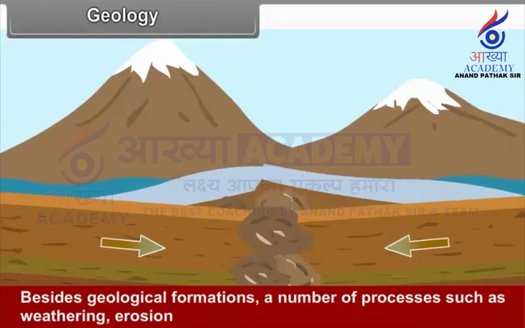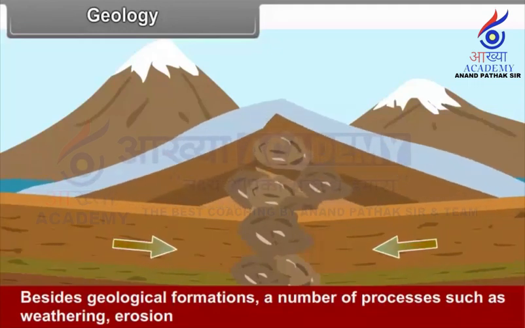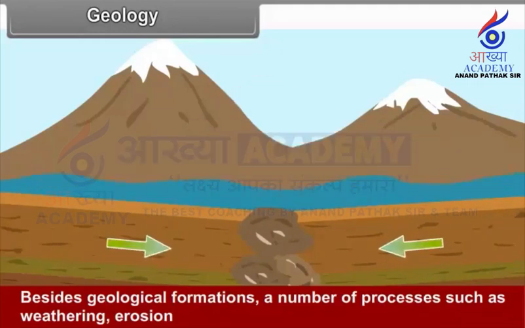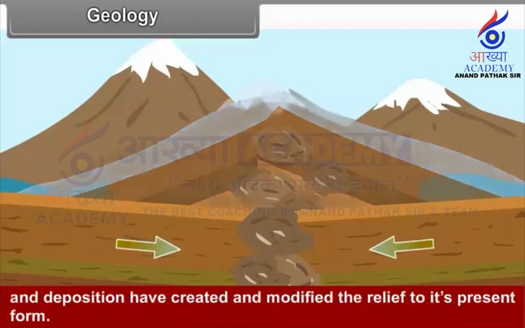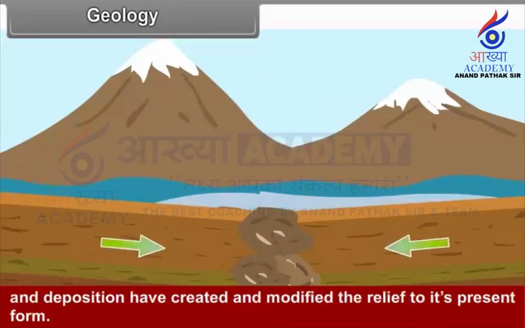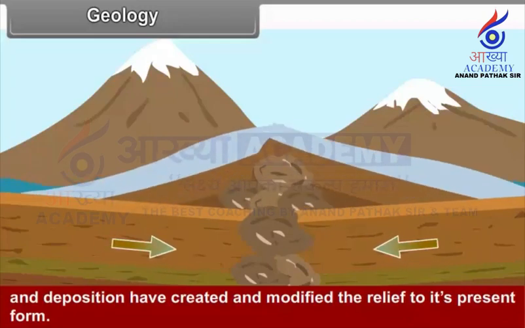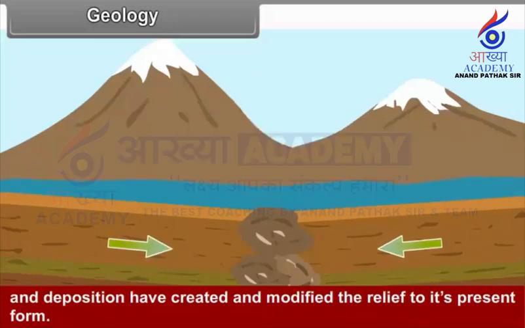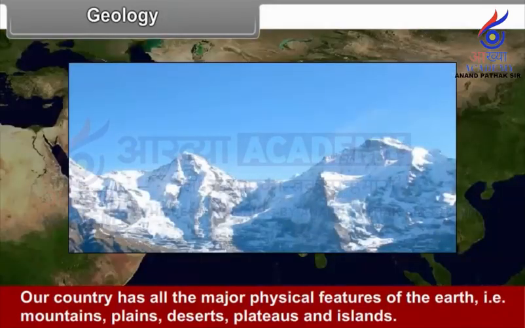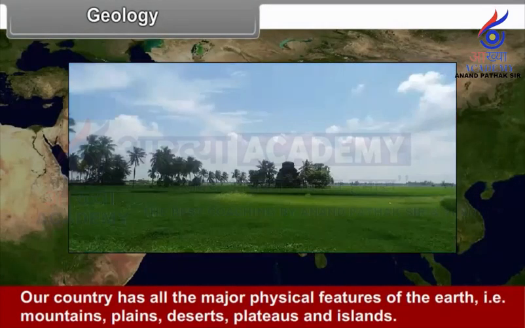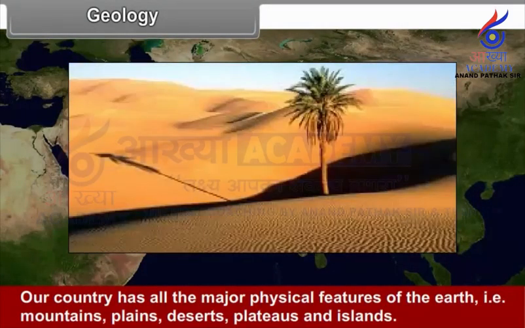Besides geological formations, processes such as weathering, erosion, and deposition have created and modified the relief to its present form. Our country has all the major physical features of the earth, that is, mountains, plains, deserts,